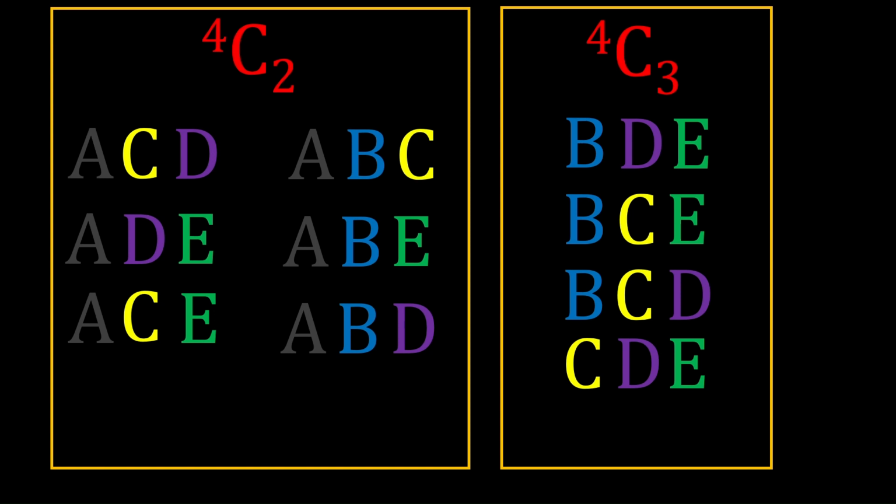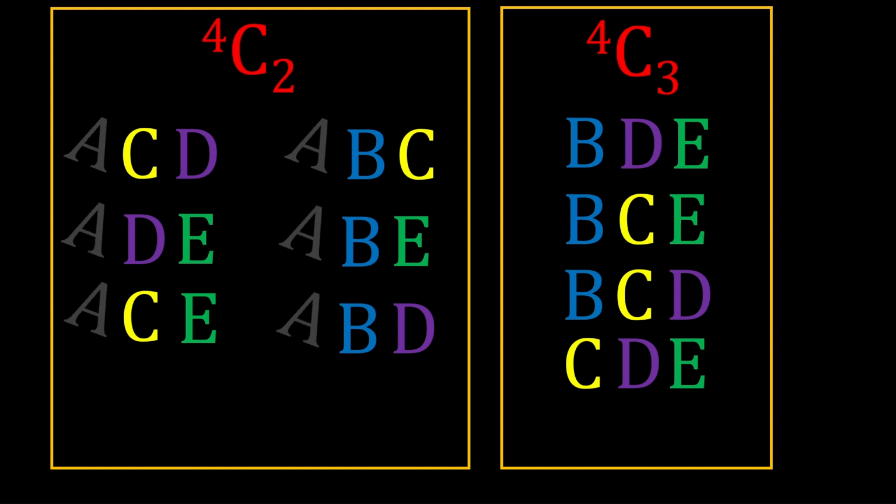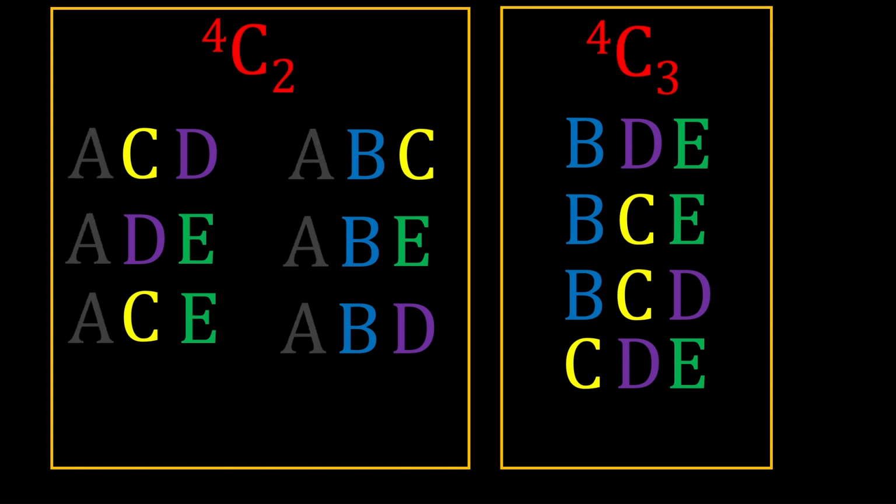Now, how exactly can we characterize these 2 groups? How can we generalize this grouping? Well, we see that the 4 choose 3 group is characterized by the 5th element, in this case A, not being there. Meanwhile, the 4 choose 2 group is characterized by this A being here. And this is, in fact, the logic that we can apply to all valid values of n and k to